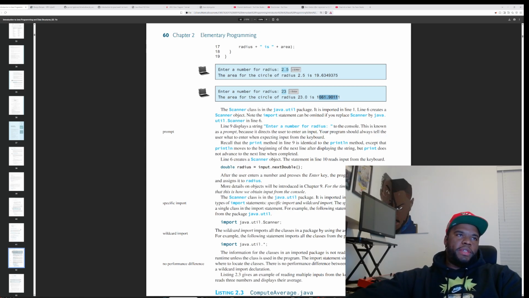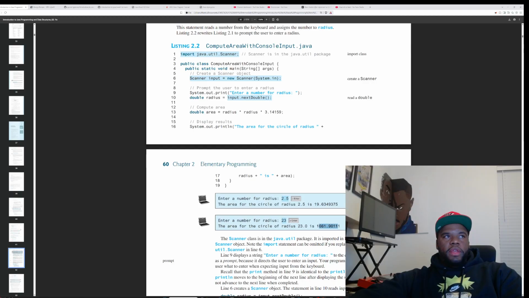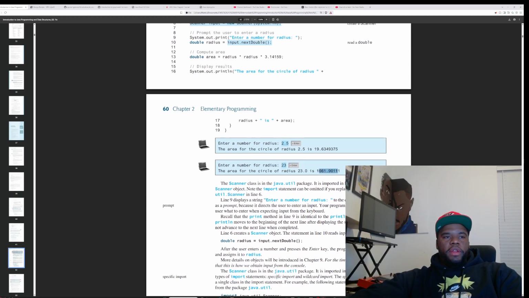The scanner class is in the java.util package, which is imported in line 1. Line 6 creates a scanner object. Note the import statement can be omitted if you replace Scanner by java.util.Scanner in line 6. So it's saying here, if you place the whole name java.util.Scanner for Scanner, then you don't have to put the import in because it knows where to find that